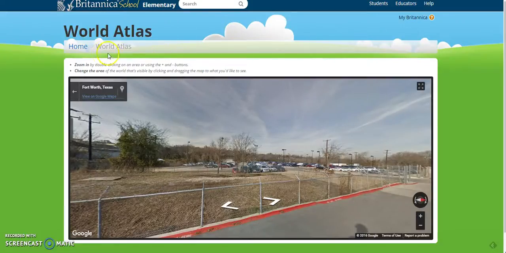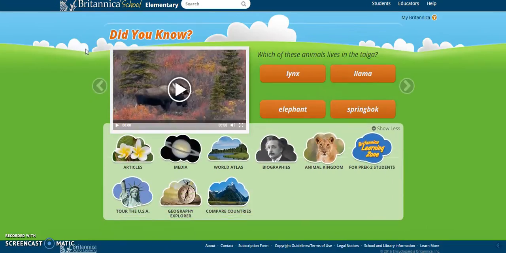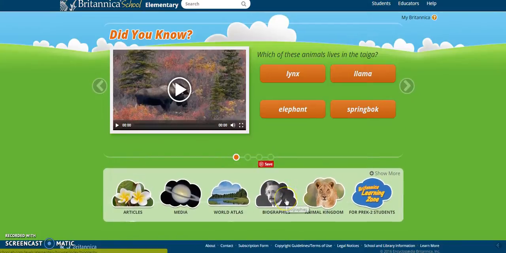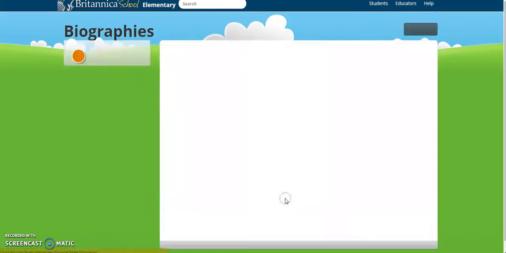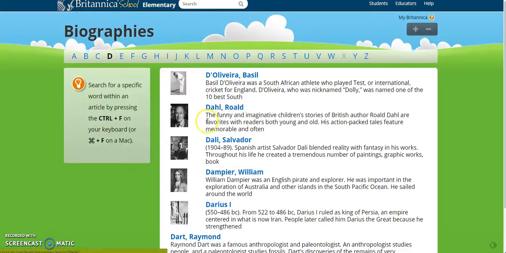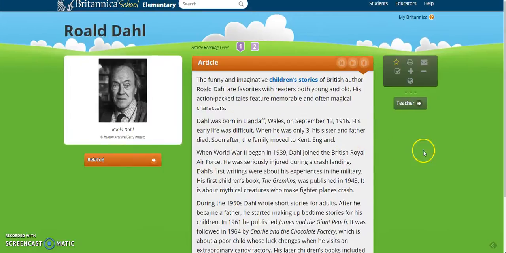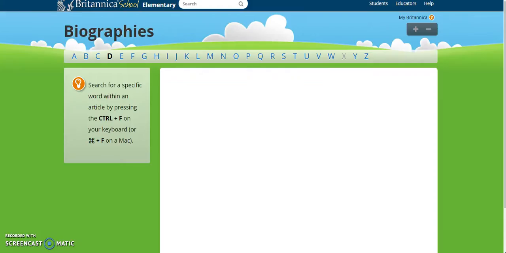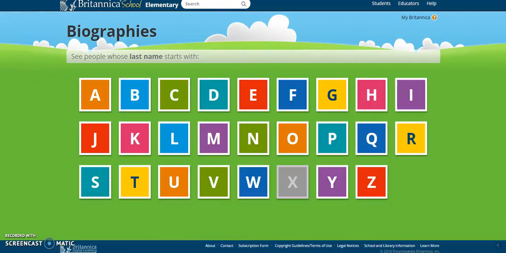and go here. Okay. Now, notice that there is a biographies area that you can go in and look up biographies of people by last name. Let's just start with D, and you can see you can click on any of these and find out about them. Notice it's the same thing where you can translate the article, you can make the font larger or smaller, you can change the reading level, you can have it read to you. So that's really cool. So let's go back to our home page again,